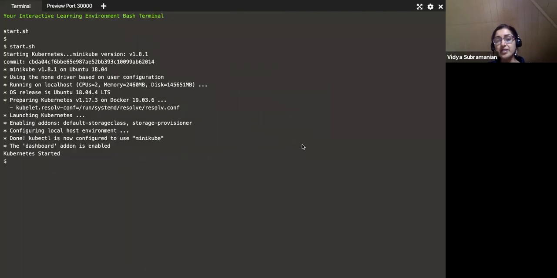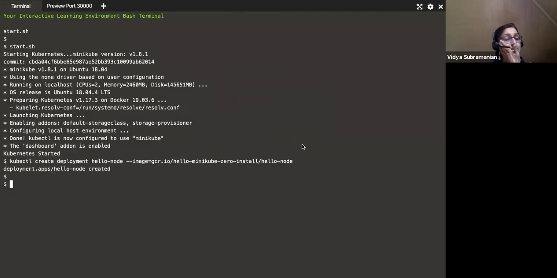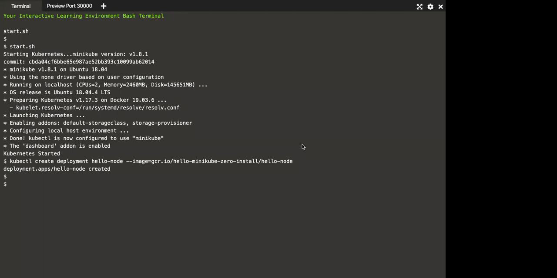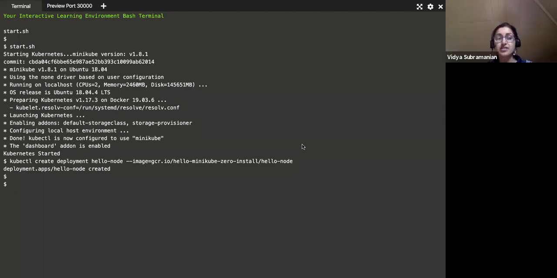This is a very simplistic sample to get us started. So this deployment is not even relying on anything where a deployment YAML is being set up. We will look at a deployment YAML example later. The very first example here is just using the create deployment construct that Kubernetes provides.